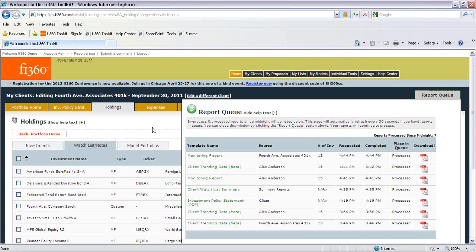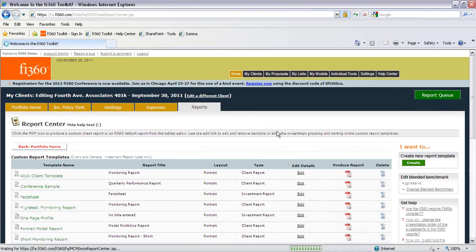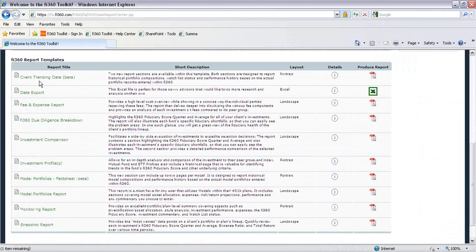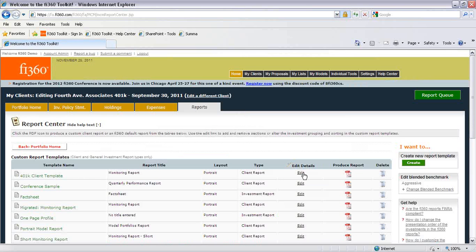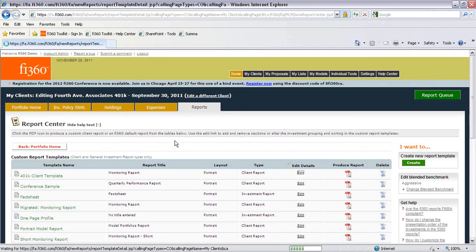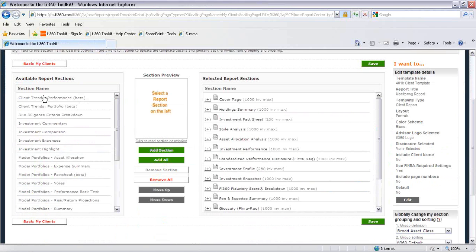So this client trending section, if we go into our report, again, we have just a report template built in the report center for your client. Or if you're building your custom report, you can add this section into your report as well by going in and let me take a look at this 401k client template. Going in and looking at the performance or the portfolio. And if we add this section in,